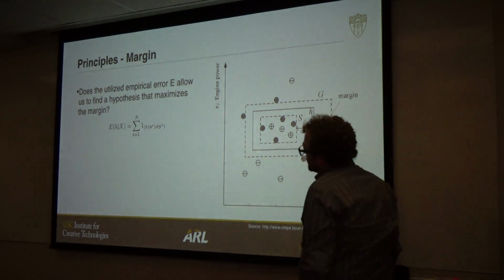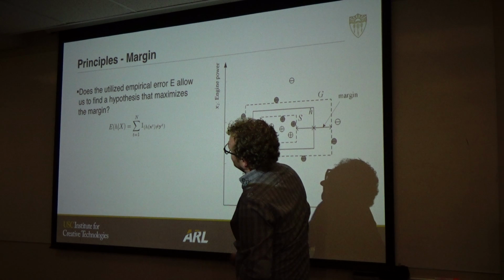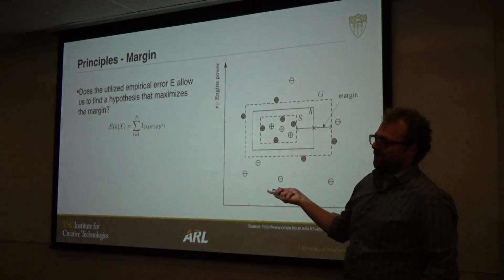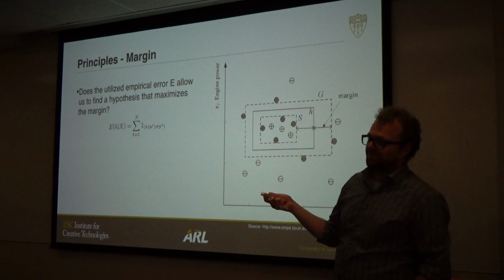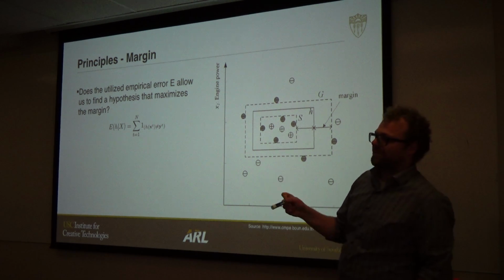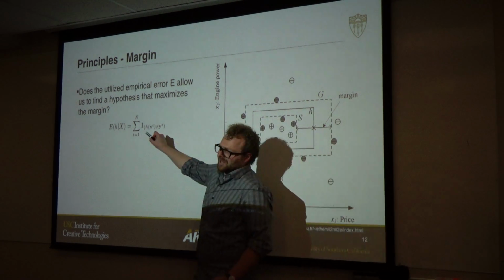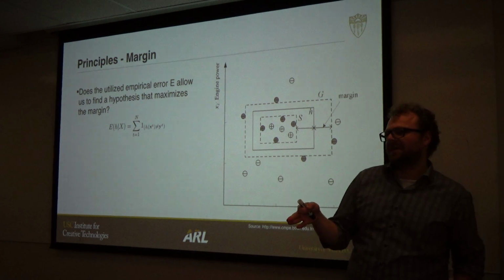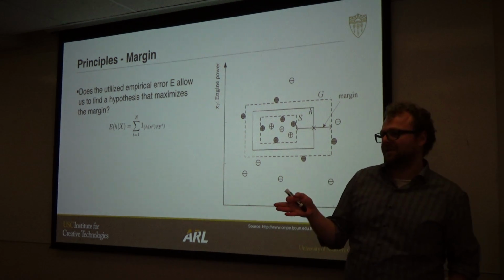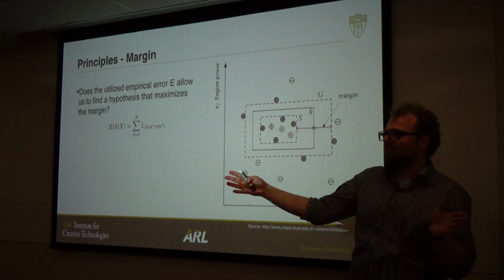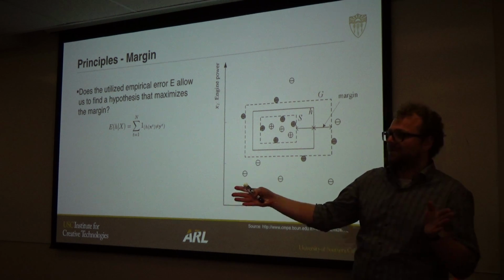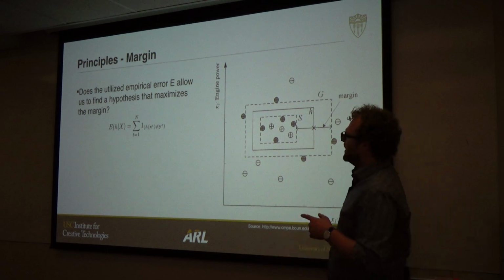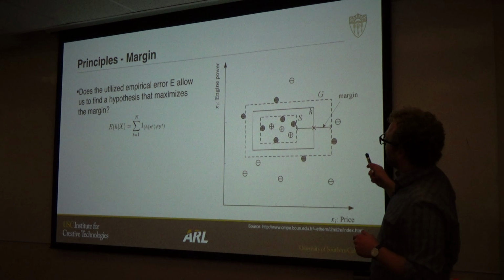Now the question that I have here is, I mentioned that support vector machines optimize for the margin. Would they be able to do so if they use this empirical error here, that gives you 1s if you misclassify it, and 0s if you don't misclassify it? So the error is just the sum of all the errors I make. It's just a number of errors I make. It doesn't, right? What would we need to do something like finding the optimal margin?